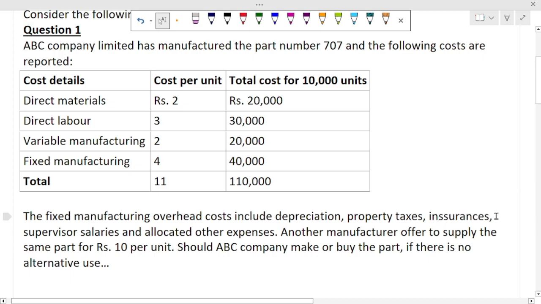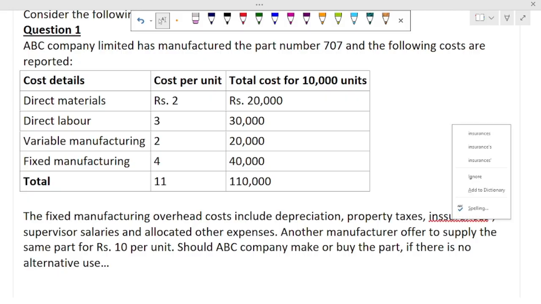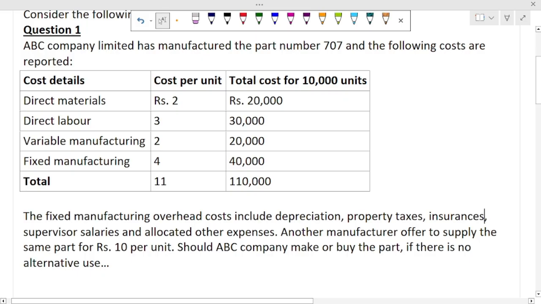Okay, is that correct? Nah. Okay. Then supervisor salary. Oh, that's correct. And allocated other expenses. All these ones they are what? Fixed. Now another manufacturer, that is a different company now, offer to supply the same parts,